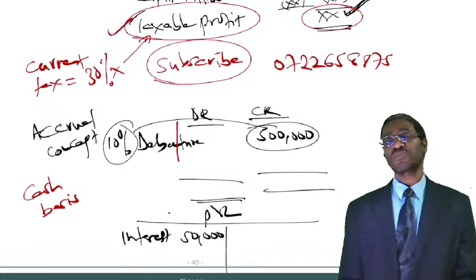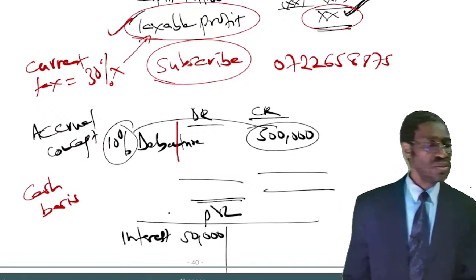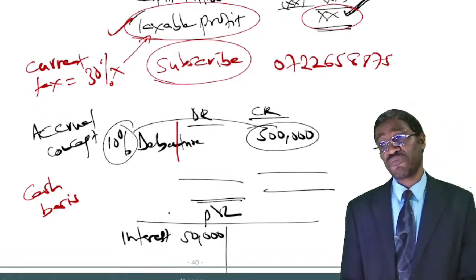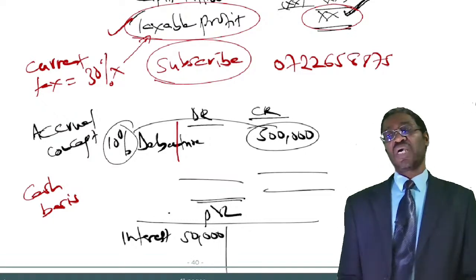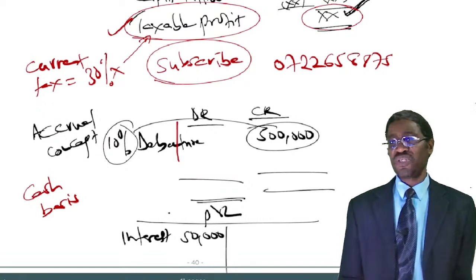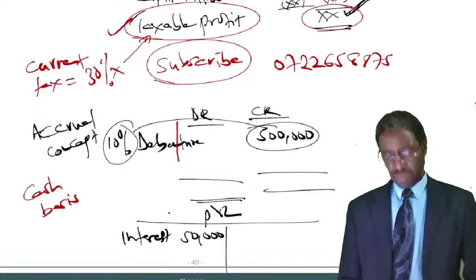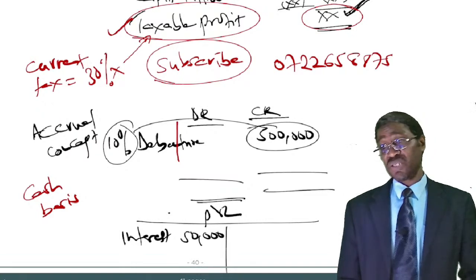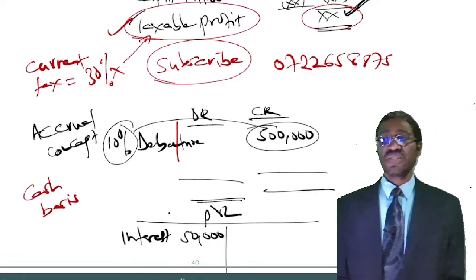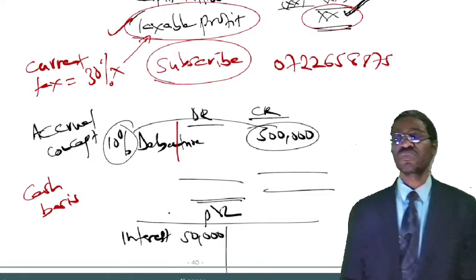Number one, accounting profit. Accounting profit, then you put a dash. This is the profit, accounting profit. Then you say this, this is the profit